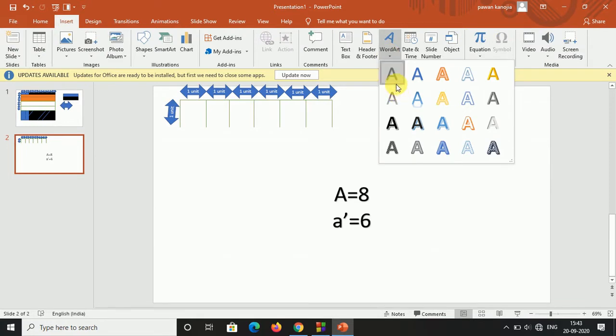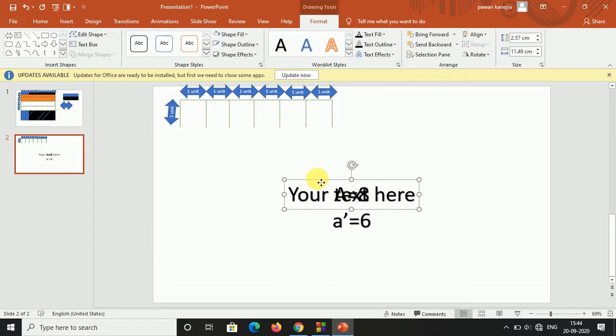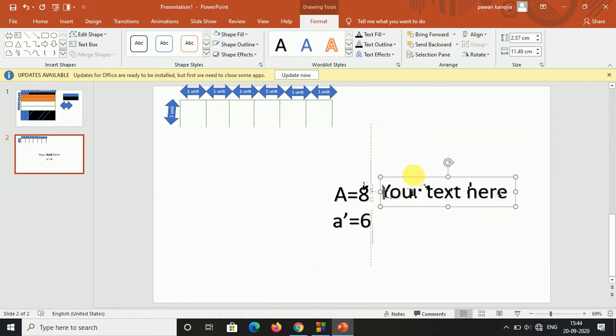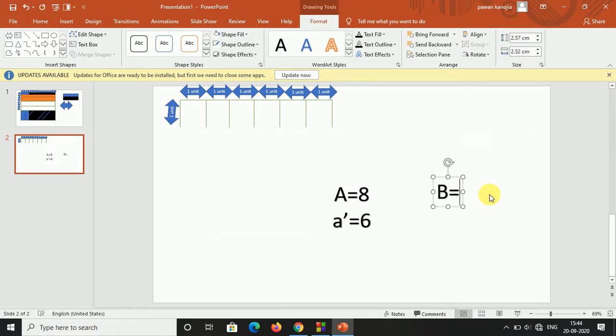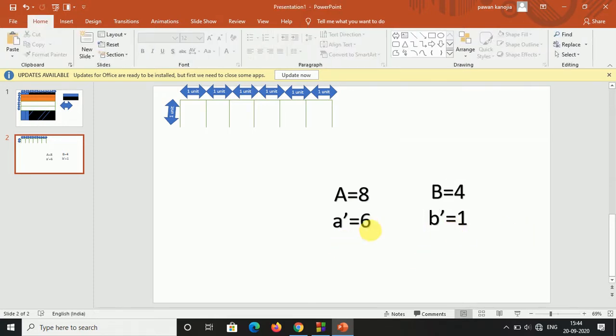Okay, so b equal to 4, sorry 4, and b dash should be 1. It takes how many moves? This one takes 1 move, and this one takes 2 moves.